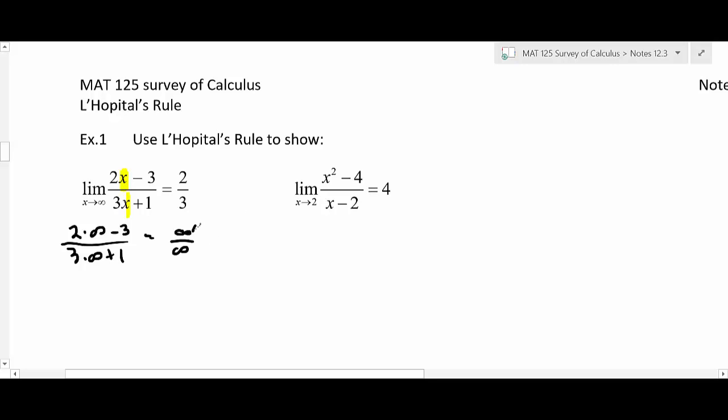So that would give a form, and then now you know you can use L'Hopital's rule. So here's what you do. You just do the limit as x goes to infinity, and then you do the derivative of the top. Now you can do this in your head. And then you do the derivative of the bottom, and then you reevaluate your